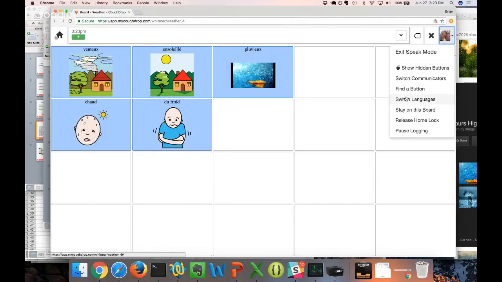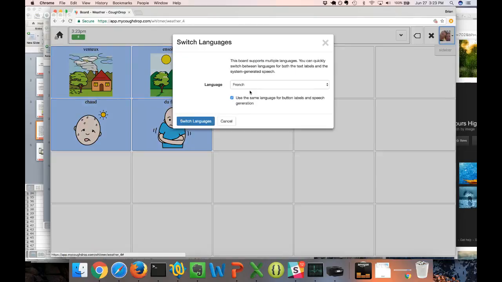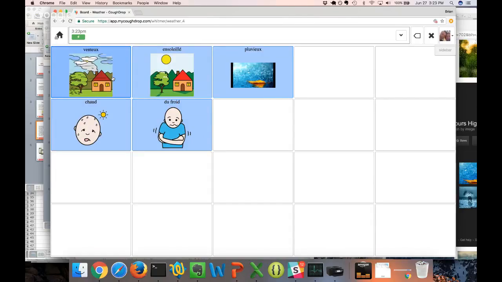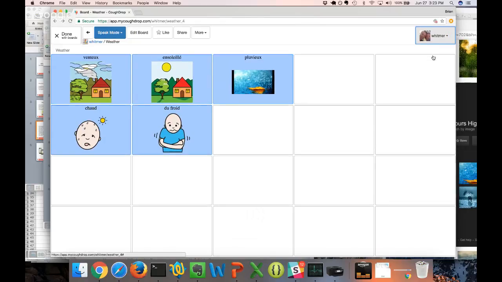I can also say, let's switch to French for the text, but when I hit the buttons, we'll have it speak in English. So if you have somebody that's reading French, but you want to speak in English, windy, sunny, you can accommodate that as well. So that translation feature can be kind of nice for that option. In addition to that,